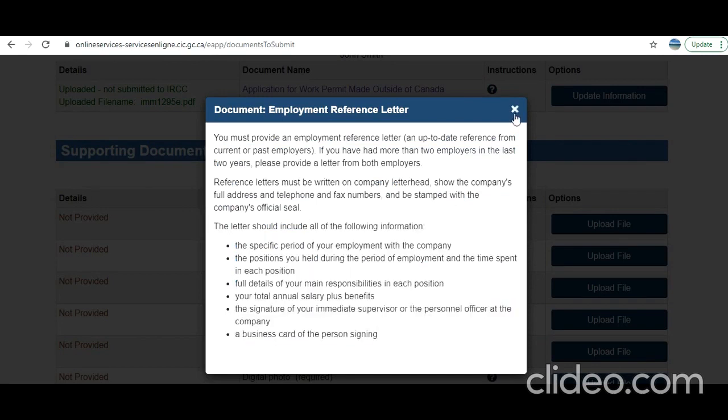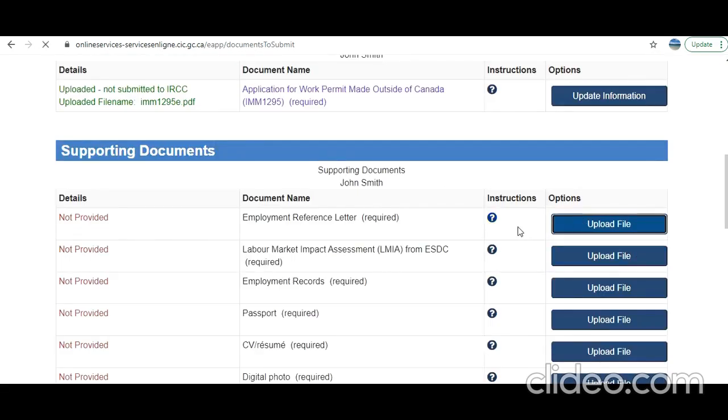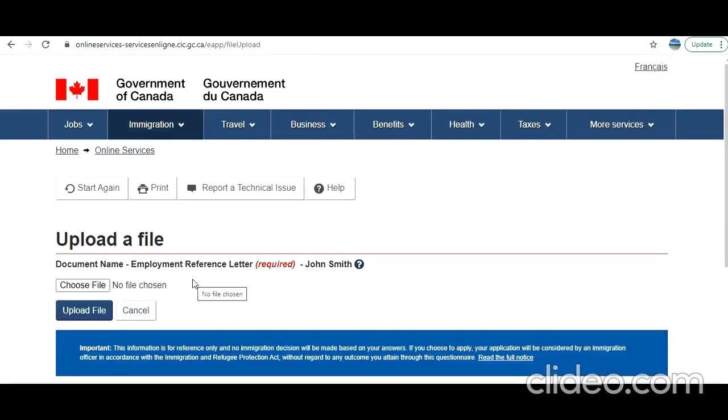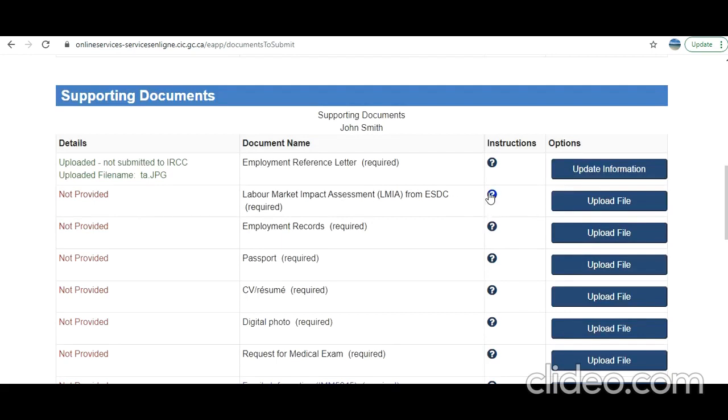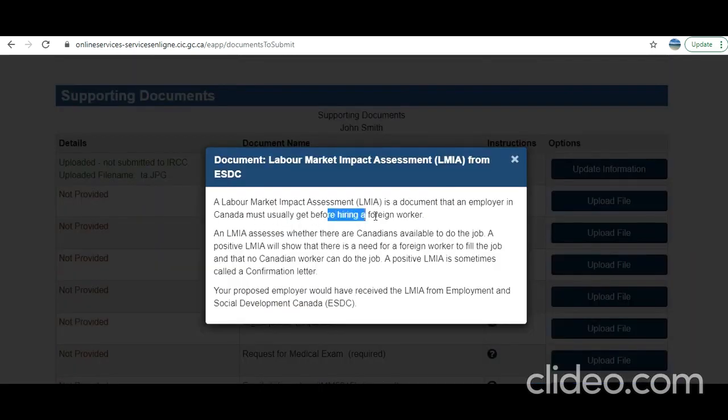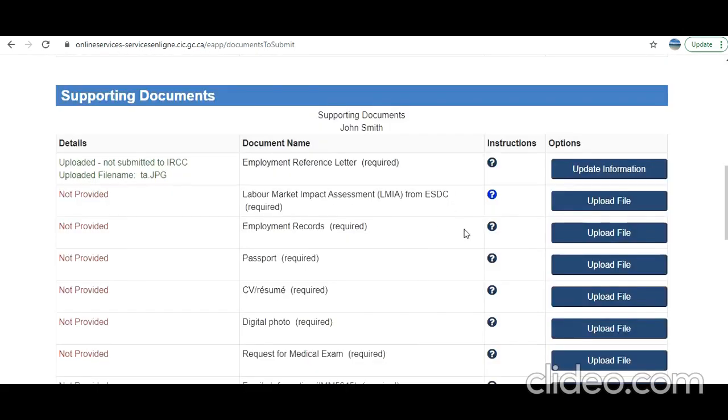Okay, so I'm going to upload a sample document, but read it and make sure of the letter. Generally, I have seen organizations already have that format and they issue such letters. Same thing happened with me as well. Next is LMIA. That also you get from your employer, because your employer actually applies for it. So that also you need to upload.